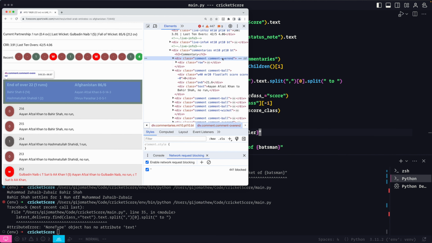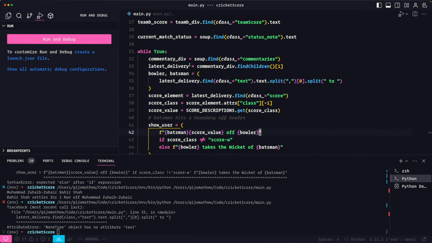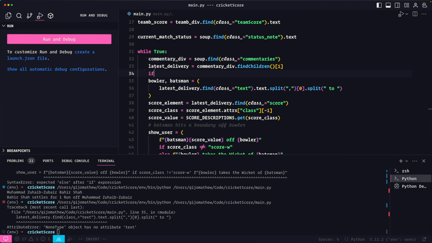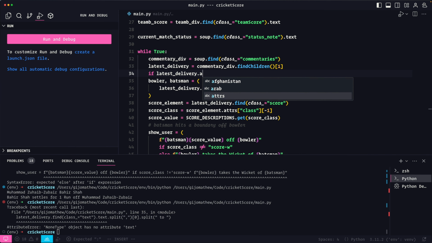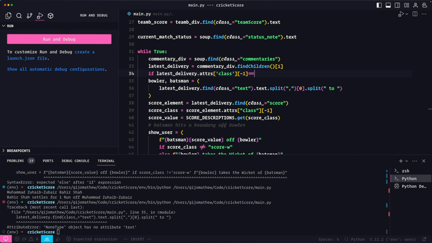In the over end, the last class is comment-over-end. Since the latest delivery is here, I will check if the latest delivery's class attributes at -1